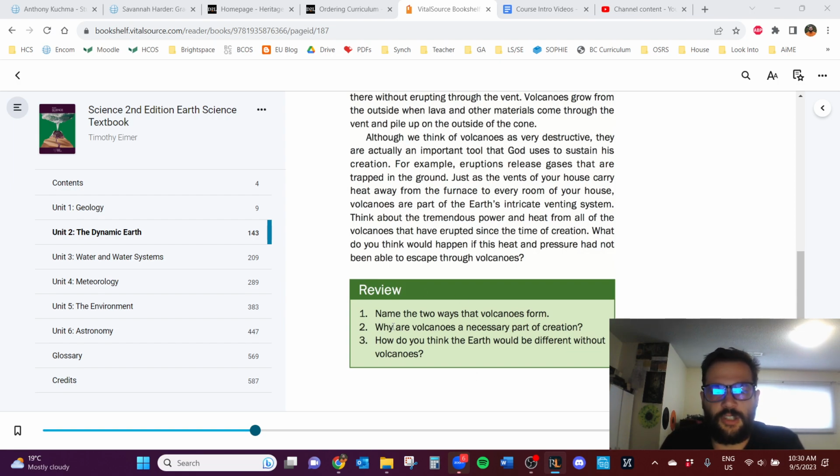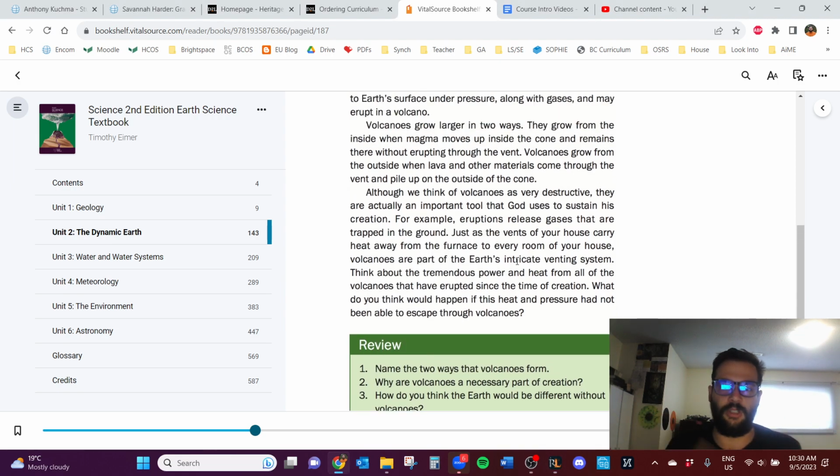In a question that says, why are volcanoes a necessary part of creation, you can write about how they release stress and tension and pressure underneath the Earth's mantle. But then I've actually been to one. So when you're writing, you can actually make it very personable, and you can talk about your own experience,